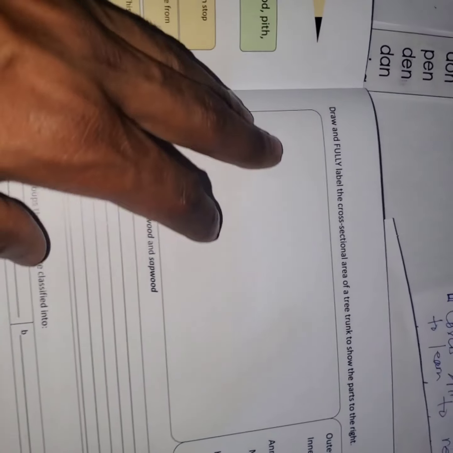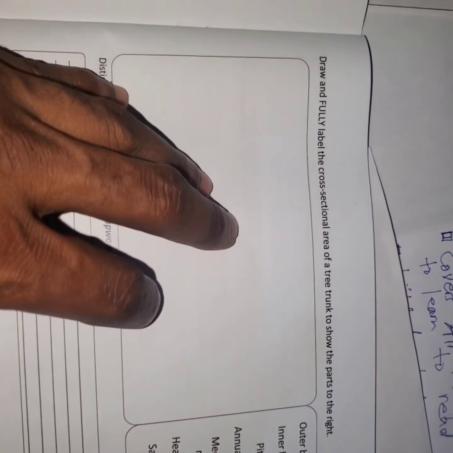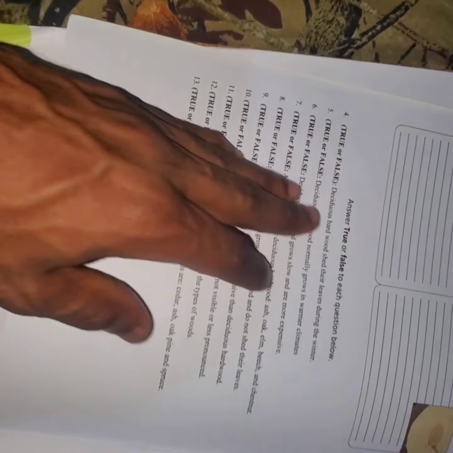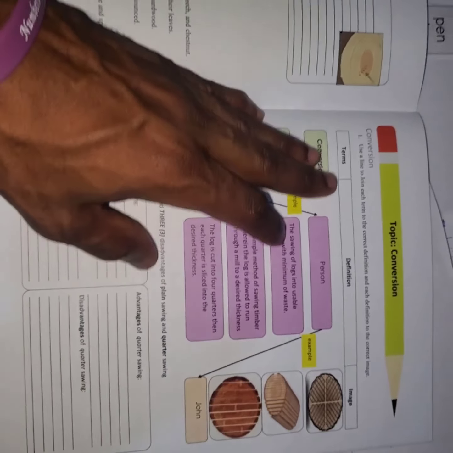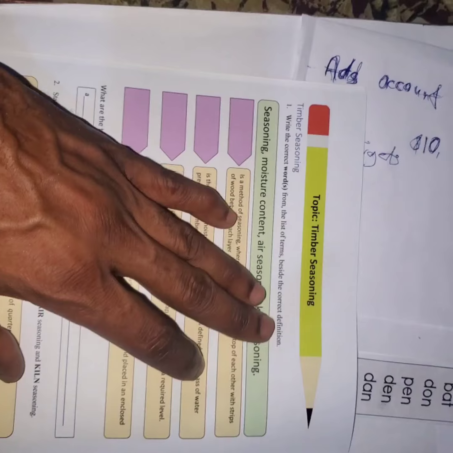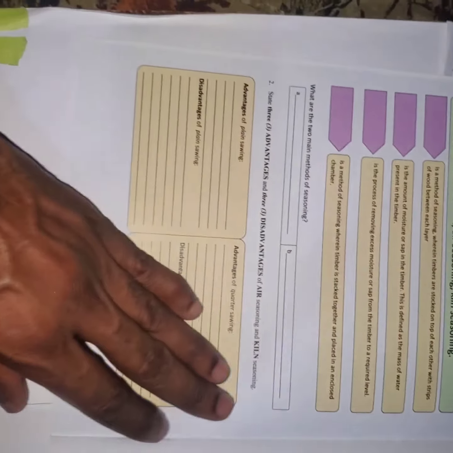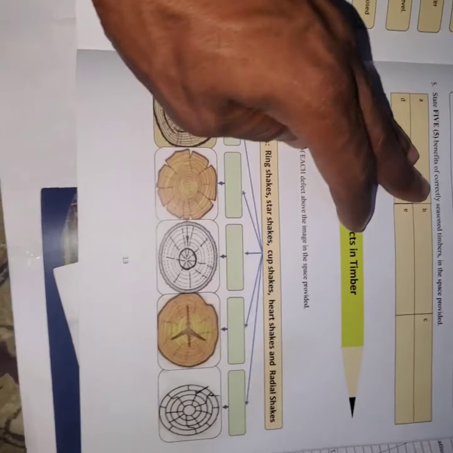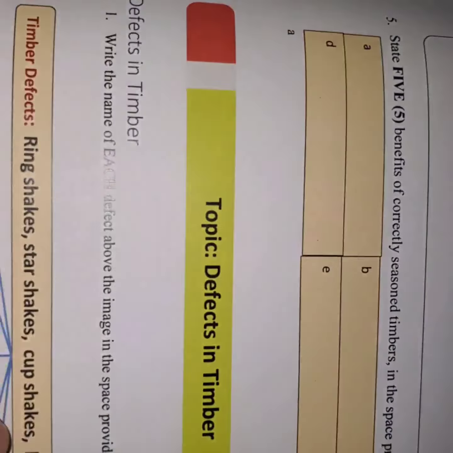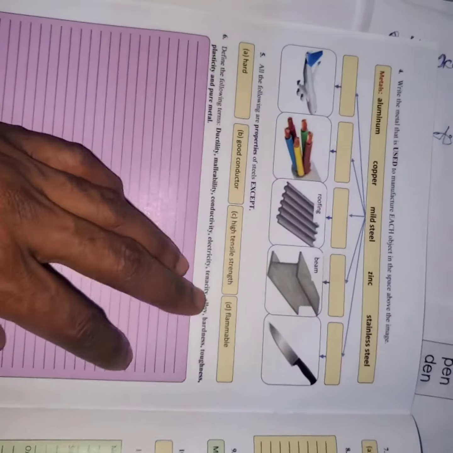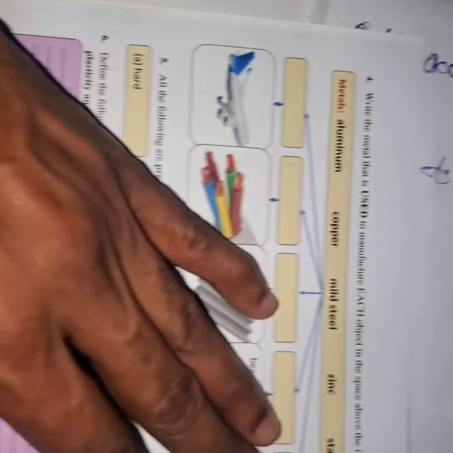We have the draw and fully label the construction of a tree. This comes on CSEC, parts of a tree. So we made this book really easy. We have things like true and false and matching items. Topics are seasoning, moisture content, defects in timber, more defects activities, metal, ferrous, non-ferrous, use of metal,